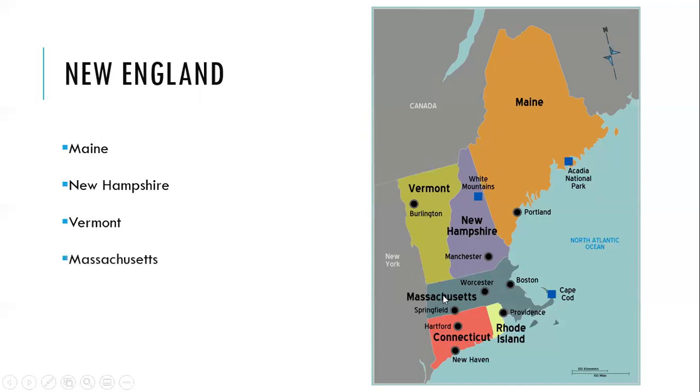Then you have Massachusetts, which is the most populated state in New England. You have Connecticut down here, and then you have Rhode Island, which is the smallest state in the whole country. It's the smallest state in the US, and it's not an island. So that's the introduction to New England. We have 6 states in New England. Maine is the biggest, and it's actually bigger than the other 5 combined together. So we'll look at the different states of New England today, but first, a quick video to introduce the area.